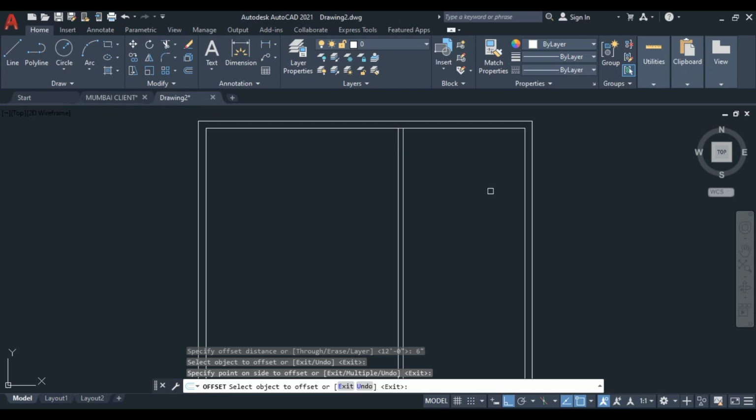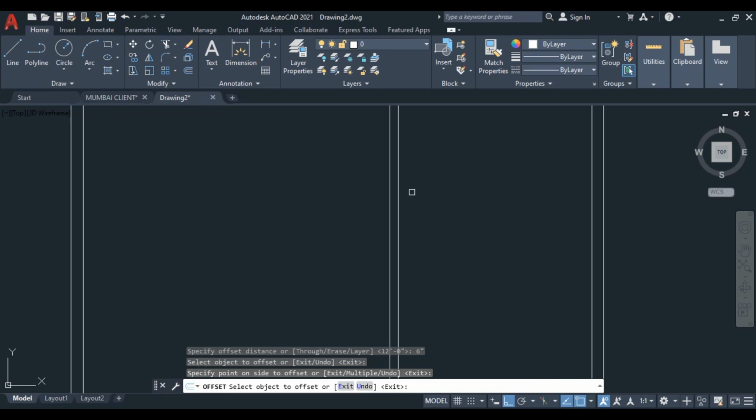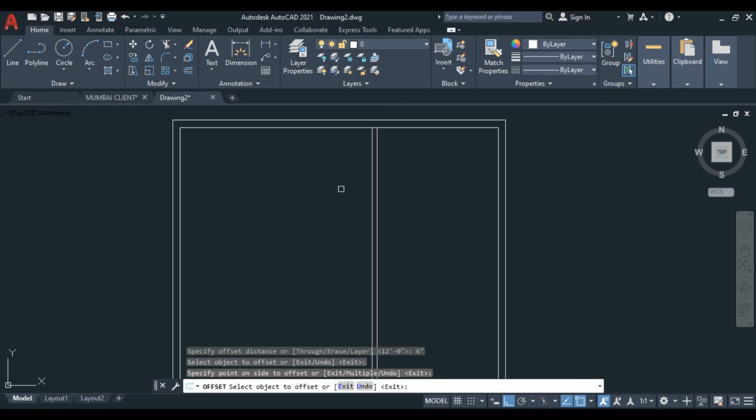Okay, so it is mandatory. If you offset from right to left, you always have to make the internal wall right to left. Just like we offset this from right to left, suppose we are going to offset from left to right, then we always make the internal wall left to right. Okay,